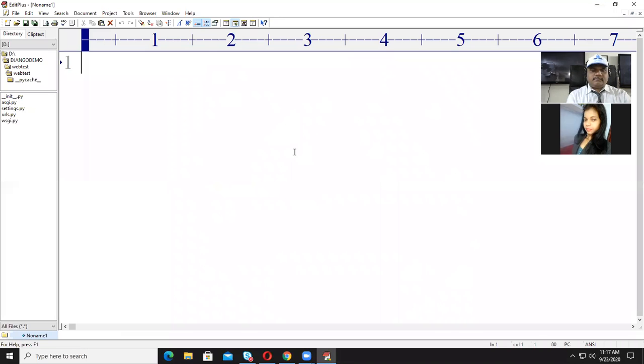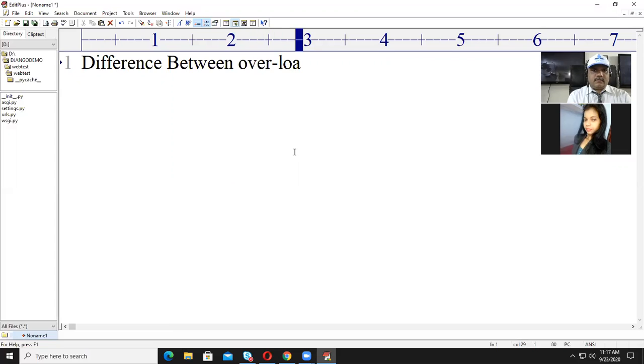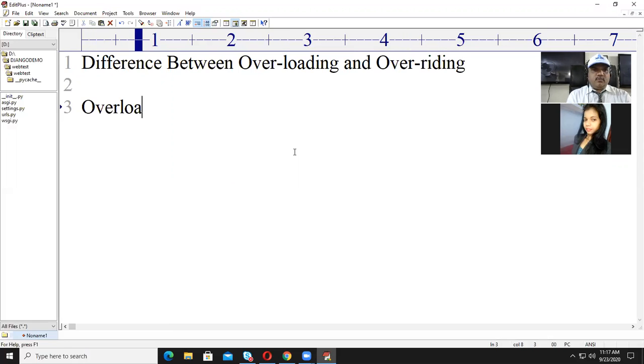Okay, that is the difference between overloading and overriding. Now in case of overloading, multiple definitions within a scope.